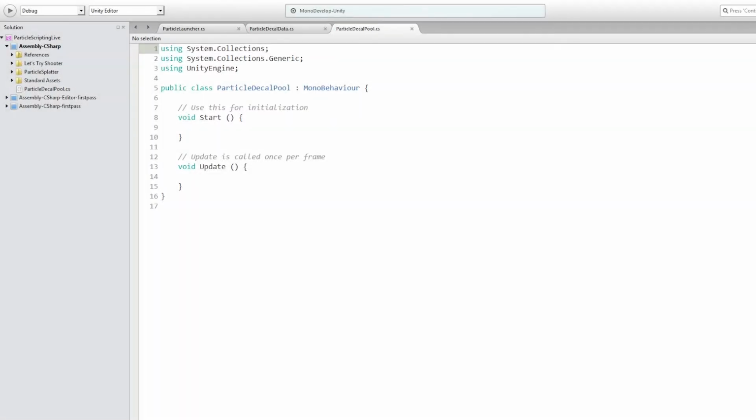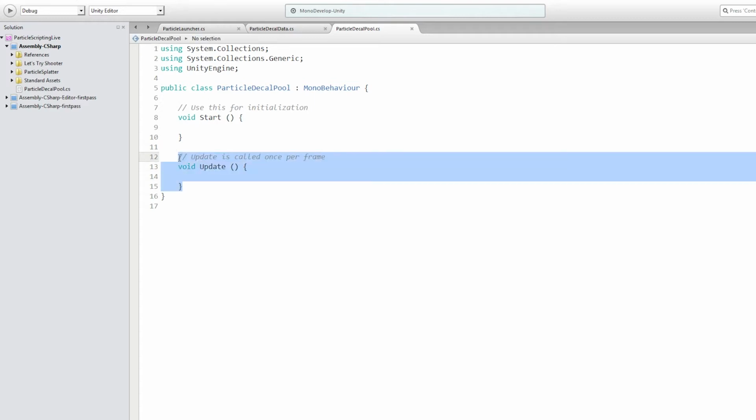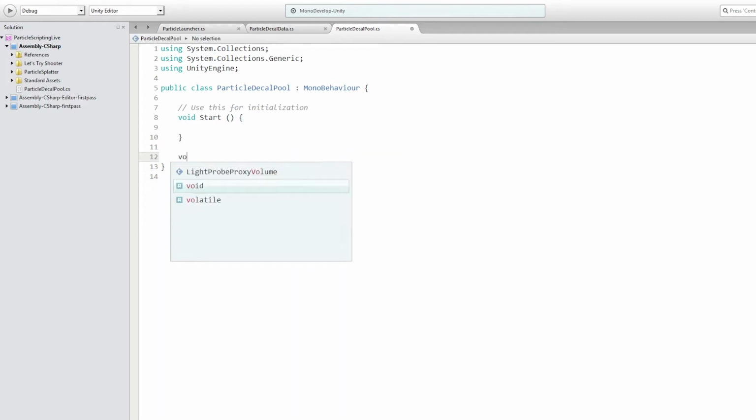So now we've created a new class. We've attached it to the splatter decal particles system that we created in Unity. And we can get rid of update because we're not going to use it. And we're going to add a new function called